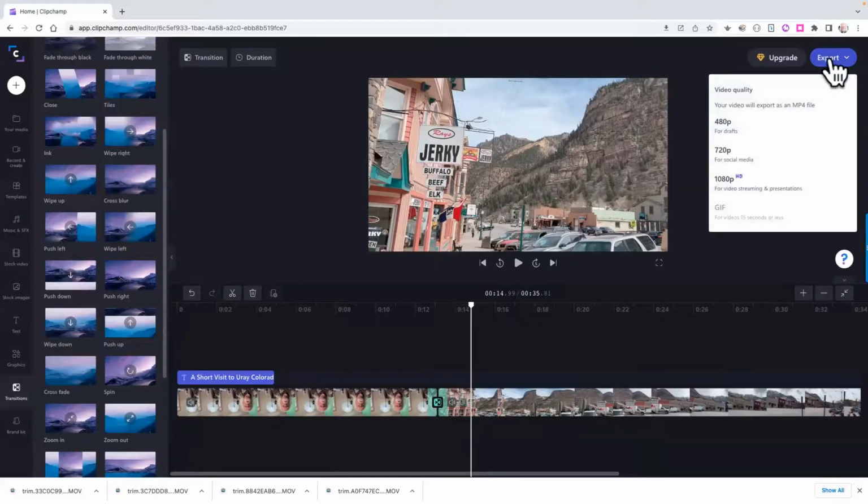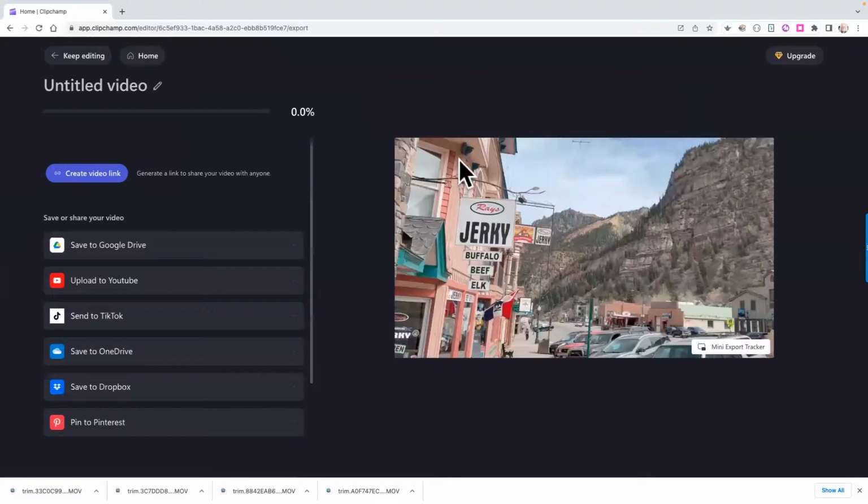I just click that and I select the video quality I want. The higher the quality, the larger the video file, but hosting services like YouTube or Canvas Studio will accept files of almost any size. So I'm just going to go to the best, 1080p high definition video. That's the best that the free version of Clipchamp will do, and that's perfectly fine. So I'll select that, and